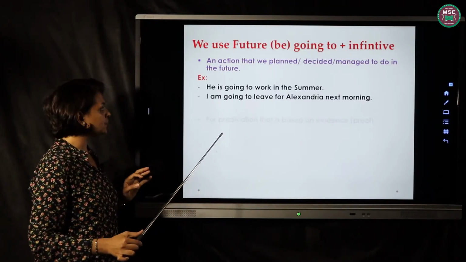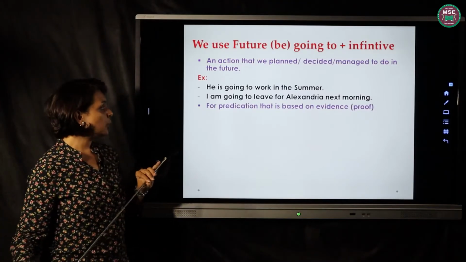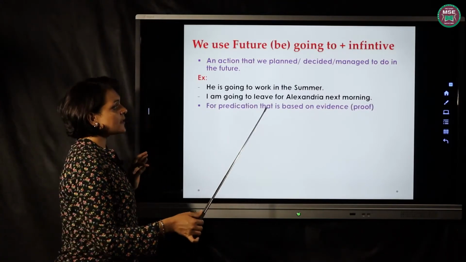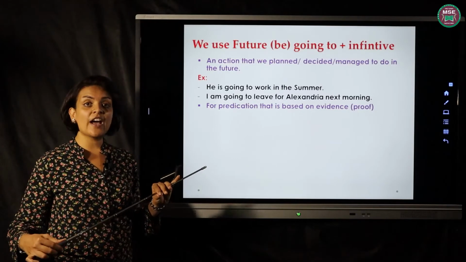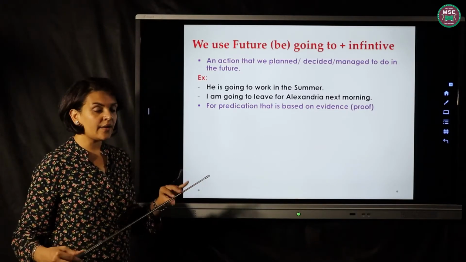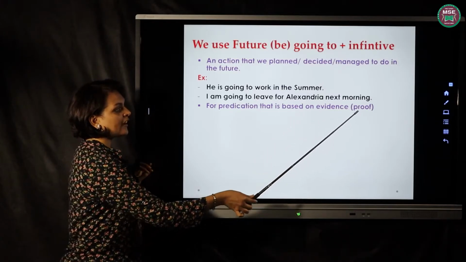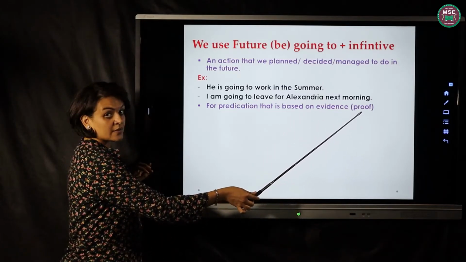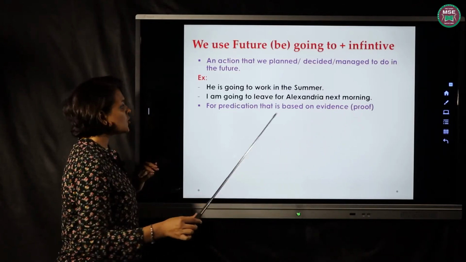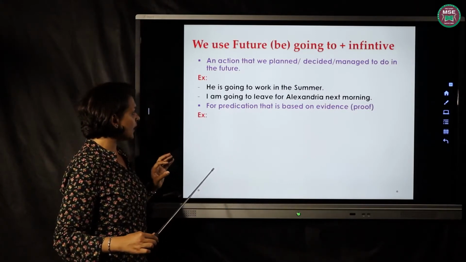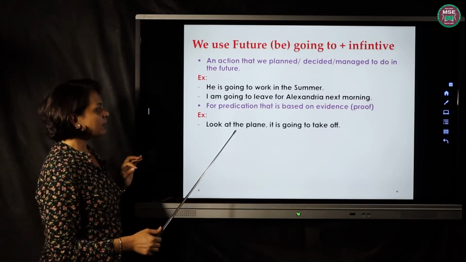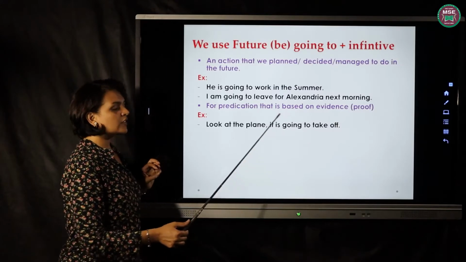The next point, prediction that is based on evidence. We have to be aware that when we use be plus going to plus infinitive, there has to be proof. So the next example is, look at the plane, it's going to take off.